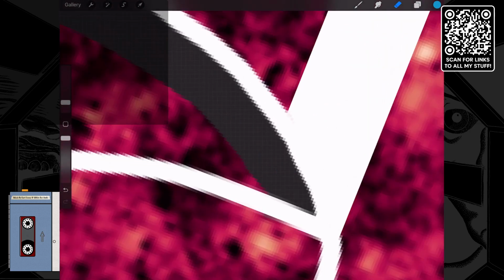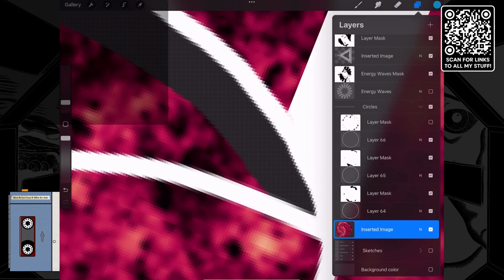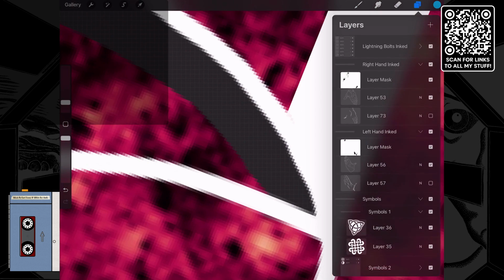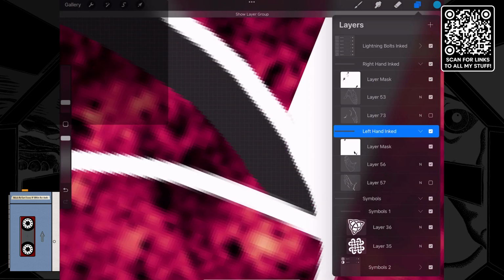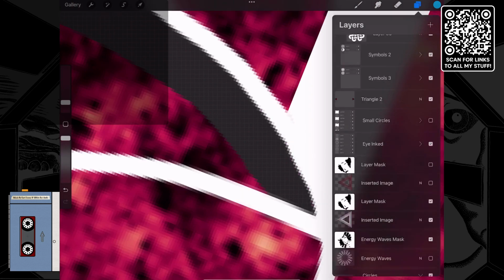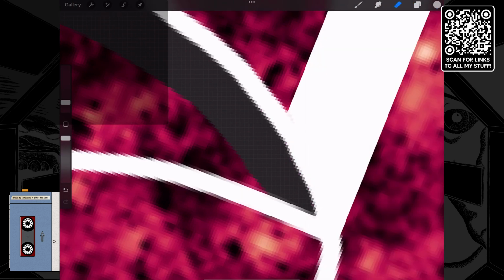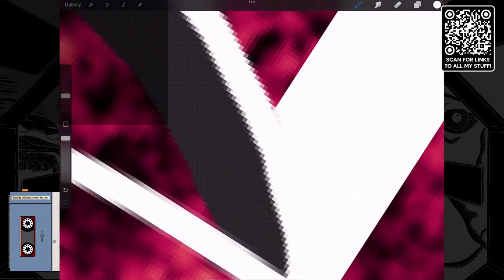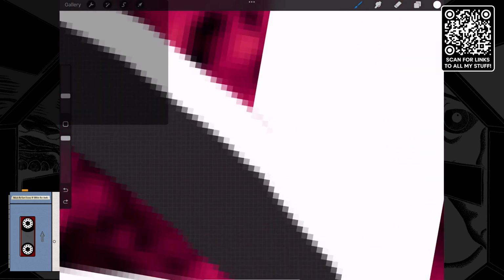Oops, look at that. Where is that? That's definitely in the triangle. But that's interesting. I wonder why the triangle, that's got to be something with the actual hand. Hold on a minute. Why is that like that? Why does the triangle stop? Oh, I have a mask on the triangle. That's why. So I just have to go to white, and I just got to go here. Whoa, okay. Let's clean that up a little bit, please. Just a bit. There we go.